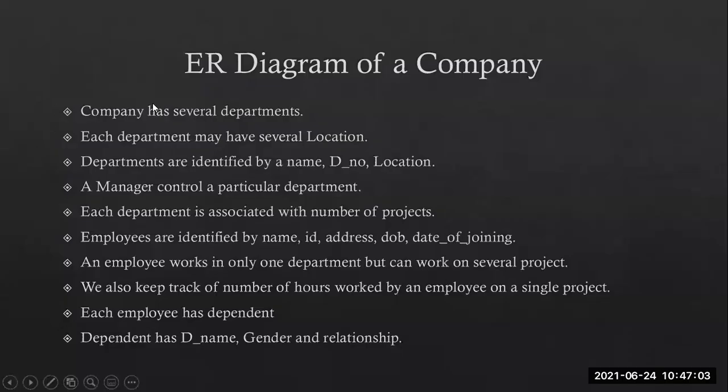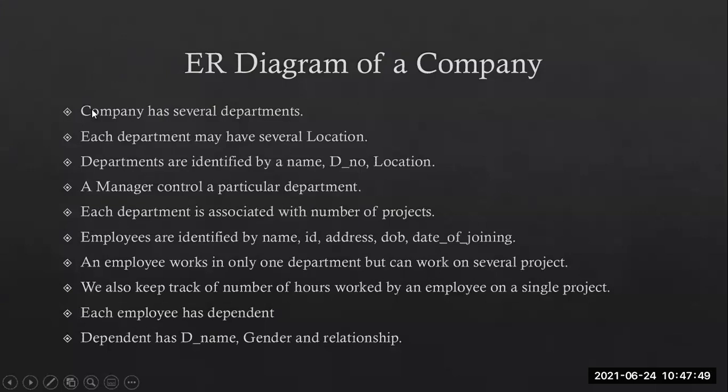So I'll proceed now. ER means what? Entity relationship, a combination of entity tables and the relationships between the different tables here. Separate points I have created for your reference here. Company has several departments. Why do we have to create the company database? Company database keeps track of the company's employees, departments and projects. We are going to have three tables: employee, department and projects.